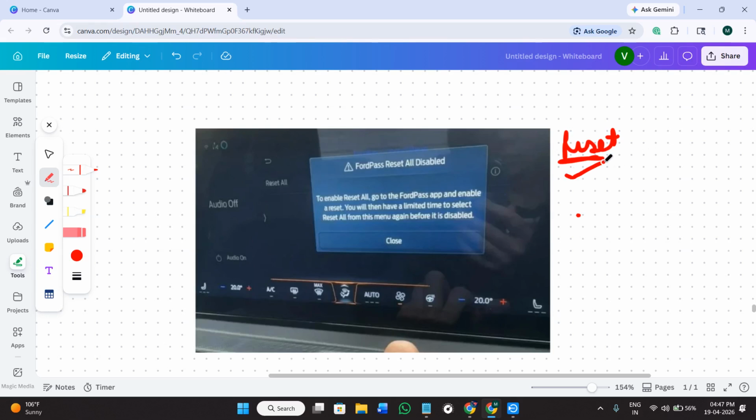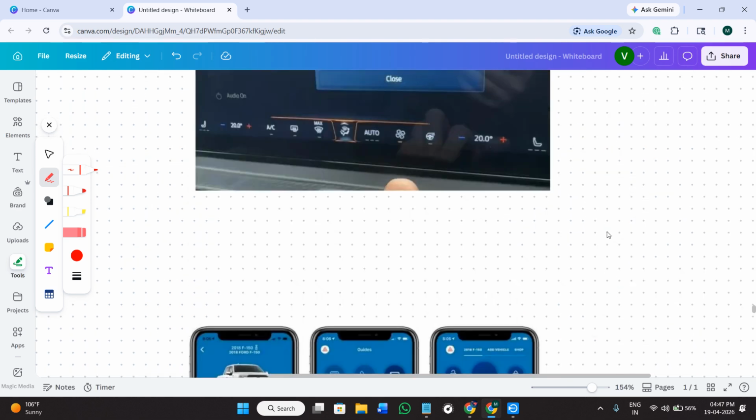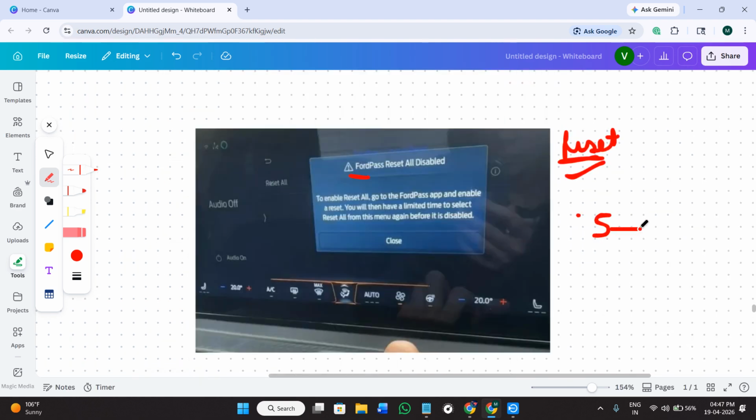In today's video, I'm going to show you exactly how to reset FordPass on a used vehicle in 2026. So in order to do it, first of all, you need to go to your vehicle's infotainment screen. Afterwards, you just have to navigate to the settings, then go to the general option and then look for